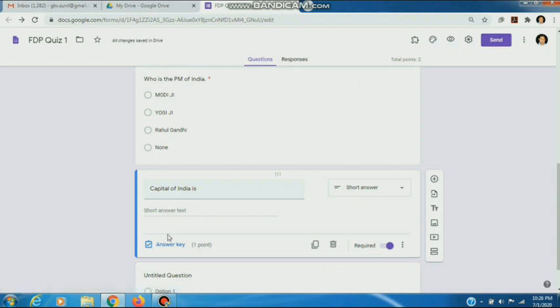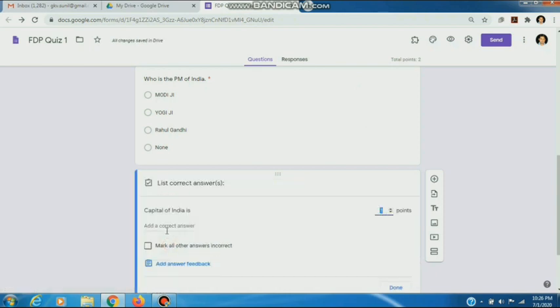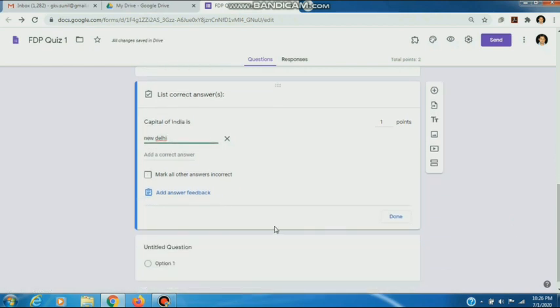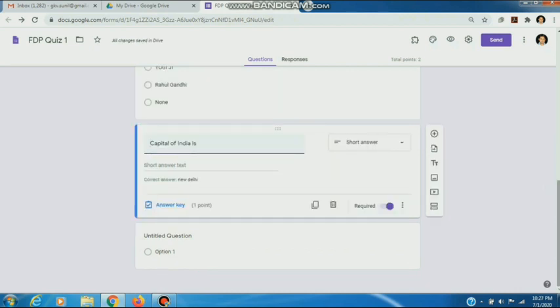We can type anything. Answer key, suppose we add New Delhi. Mark all other answers incorrect. Other than New Delhi, all answers will be incorrect. Done.